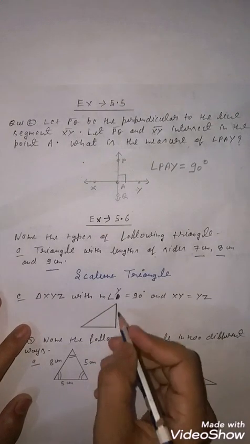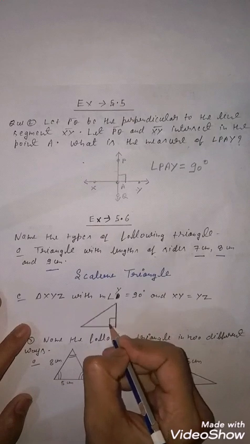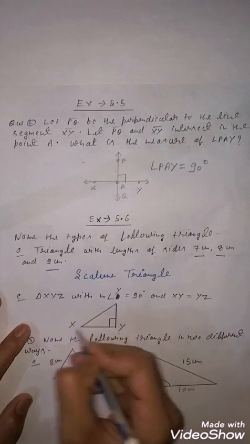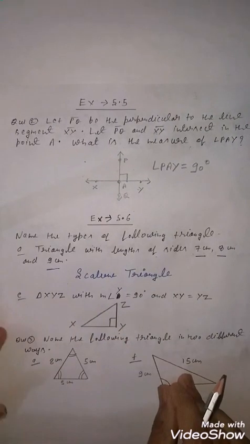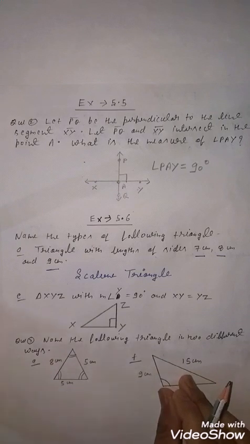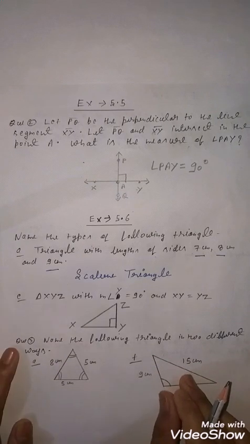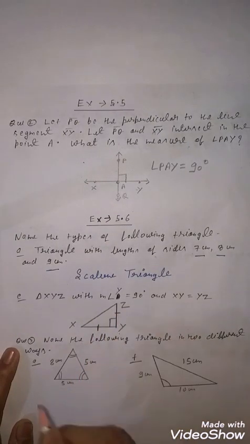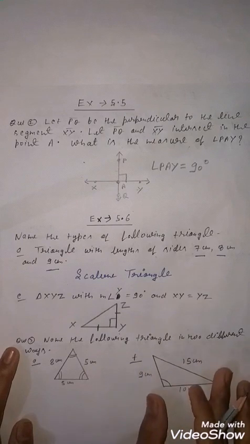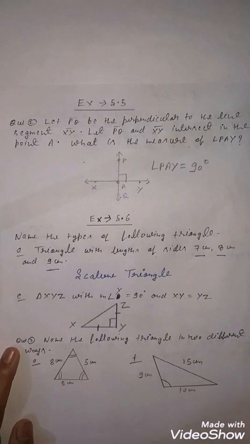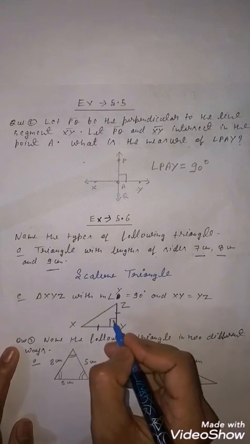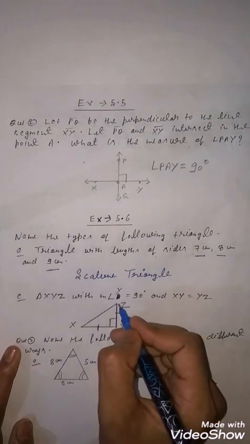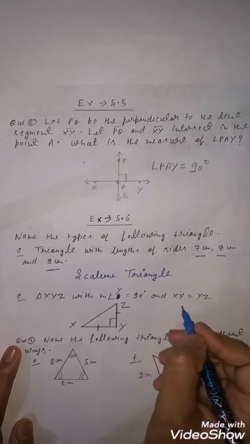Angle Y is 90 degree. Means this one should be the angle Y. This is angle Y. And here X you can write down. Here you can write down Z. So what is given? Angle Y is equal to 90 degree. And XY equal to YZ. Meaning here if XY is any, like 3, 4, 5 given, meaning two sides are equal, students. Clear? So here you know that according to 90 degree you want to write down, so you can write down what? Right angle. And according to side you want to write down, so two sides are equal.